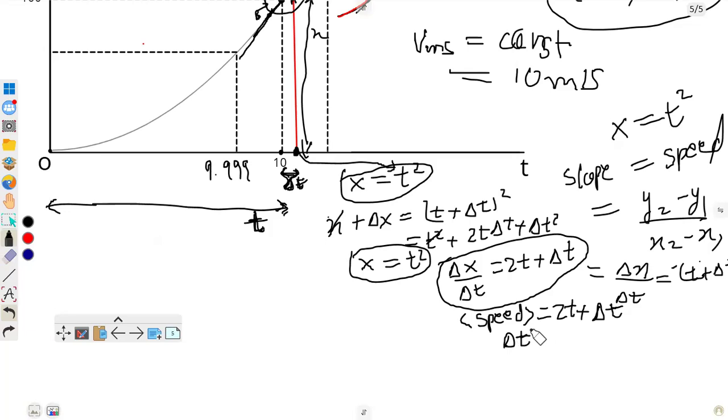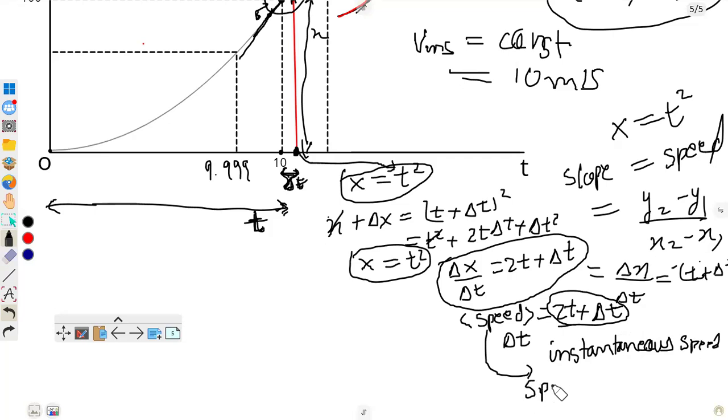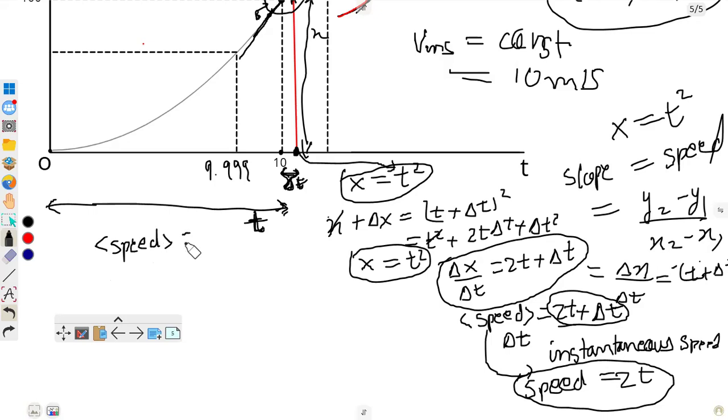इतना छोटा कर दो कि हमारी जो speed है ना, वो instantaneous speed बन जाए। ये बन जाए instantaneous speed. और अगर डेल्टा t को अपन छोटा और छोटा करते जाएं, तो अपनी speed क्या आ जाती है? 2t। जैसे जैसे अपन डेल्टा t को छोटा करते हैं, हमारी speed 2t बन जाती है, क्योंकि डेल्टा t का term tending to zero है। Are you getting my point? Yes. हमारी speed क्या है? हमारी speed है 2t प्लस डेल्टा t।